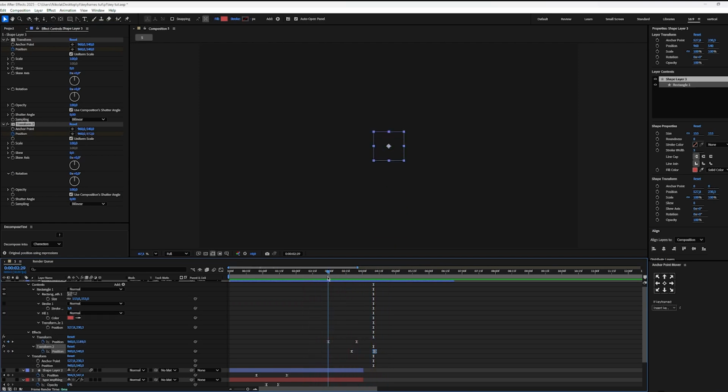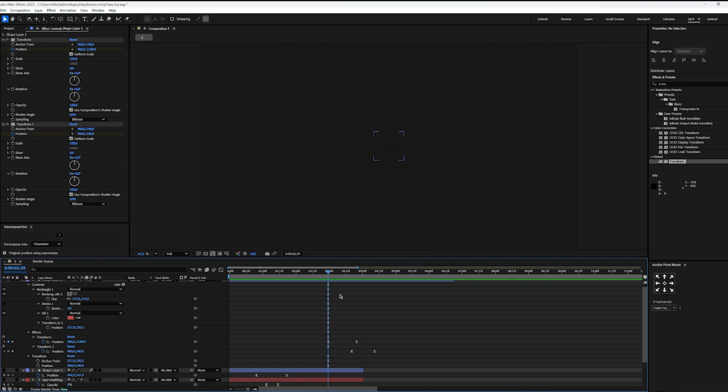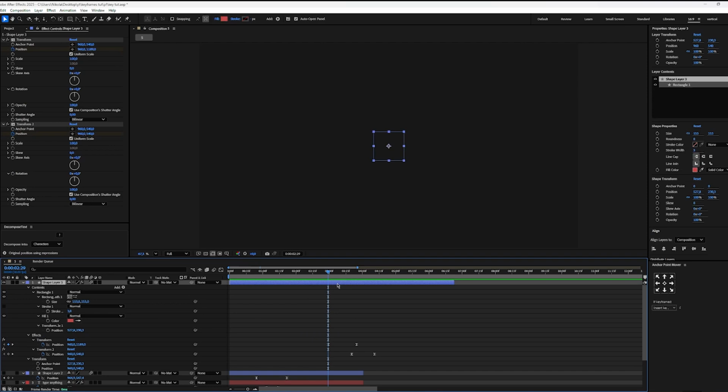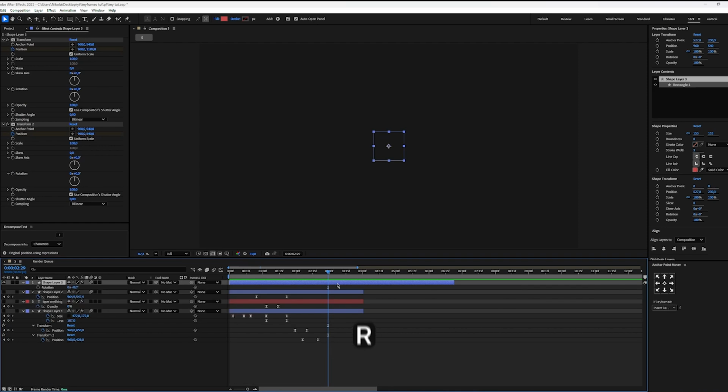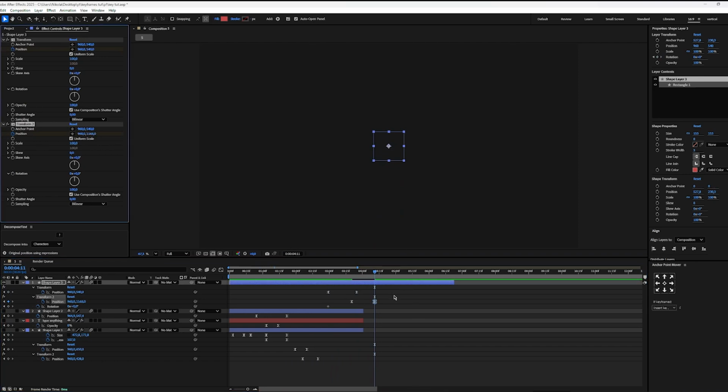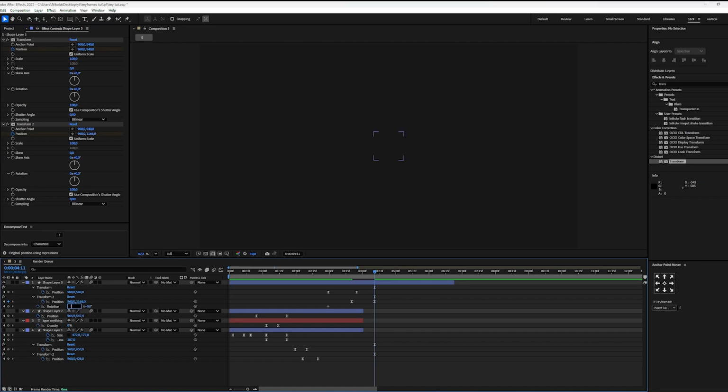And the next thing we need to add is rotation. Previously in this video I said that it's a lot of trial and error, so I did it and found out that the best way to use the rotation is the built-in rotation. So let's just press R for rotation and set the keyframe. Now press U to see keyframes, and here at the last keyframe set, okay, I can see this rectangle, so drag it down just a bit more, perfect, and set this rotation to 1 full circle. So now we have something like this,